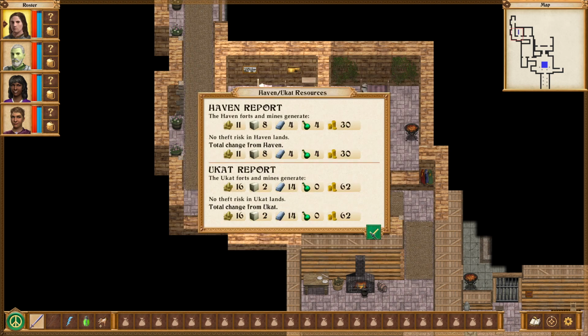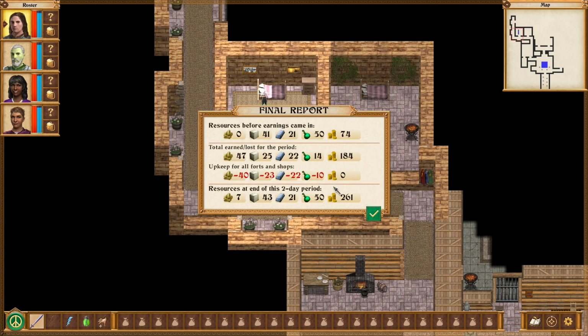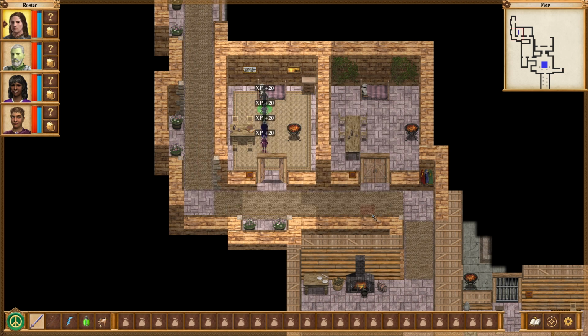Huh, that's pretty interesting. No theft, and we have theft down to 30% in Ariel. Only 5% in Vol. Nice. 7 wood. Can't really do much, though. Well, yeah, we can. We can build a carpenter. If we head back to...